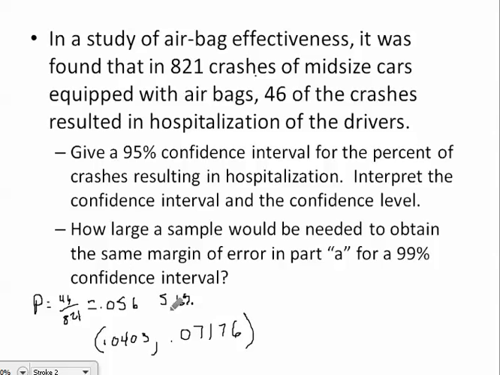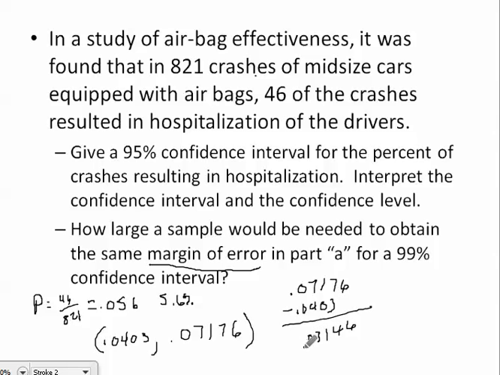So, the next part of this question says, how large of a sample size would you need to obtain the same margin of error in part A for a 99% confidence interval? Well, same margin of error. So what I'm going to do is take 0.07176 minus 0.0403